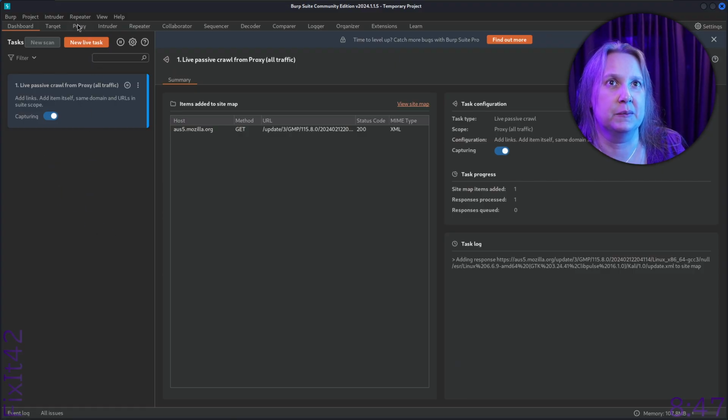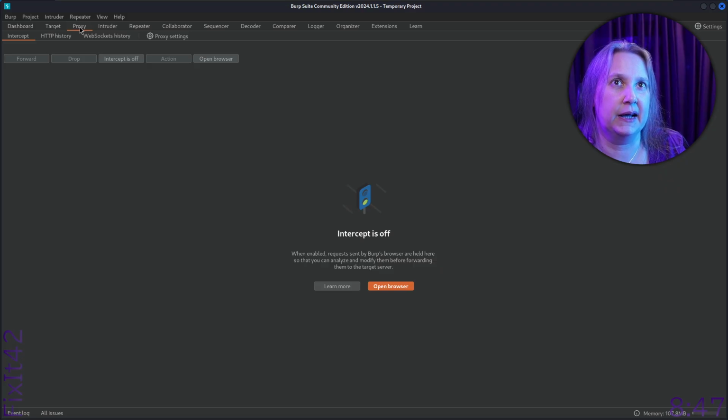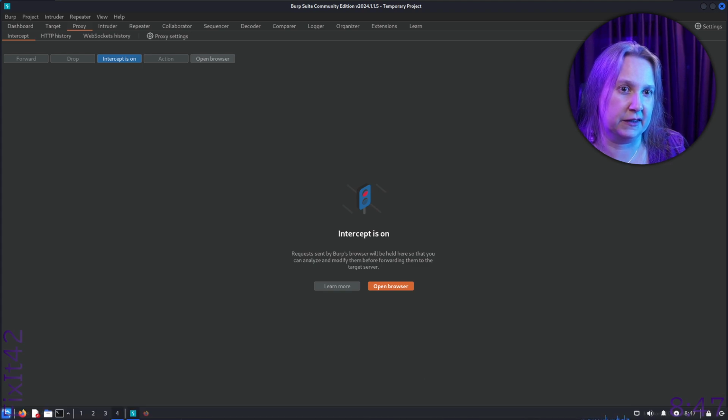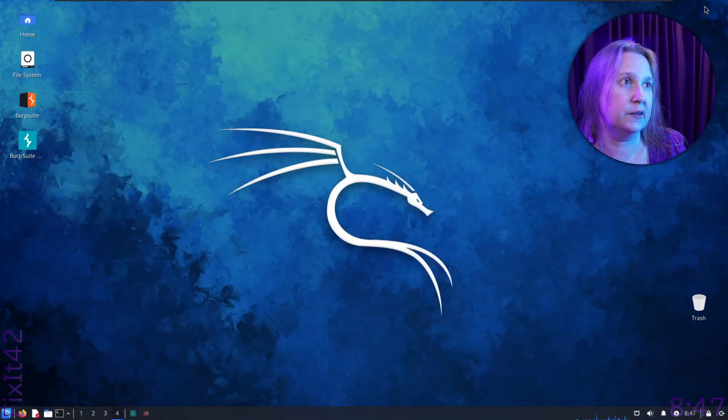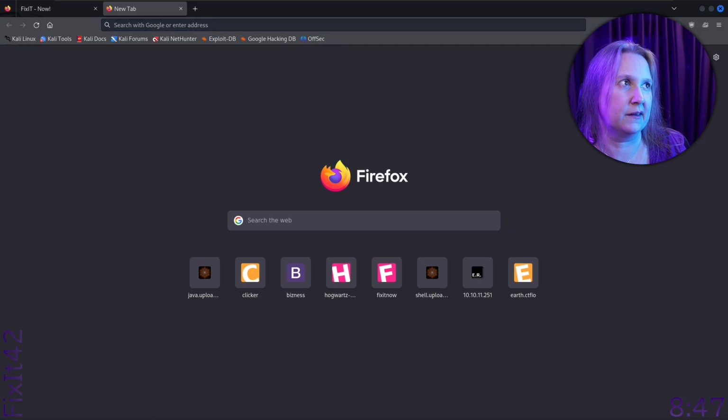In this Burp program, we have this proxy, and if we click this button, we can catch whatever we sent from Firefox. So that's great. But we don't have to do that right now. But when this program is open, since we set this option here, it will be sent through Burp, everything that we type, so we can look at it later.